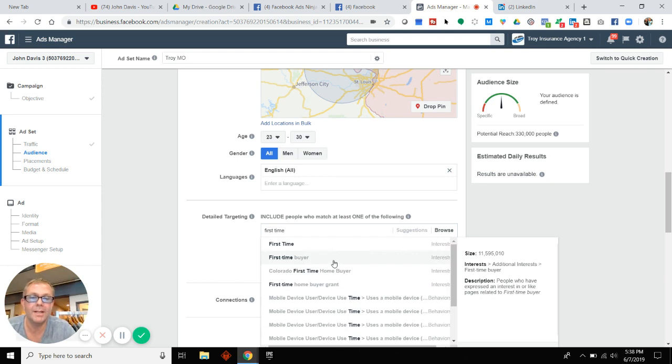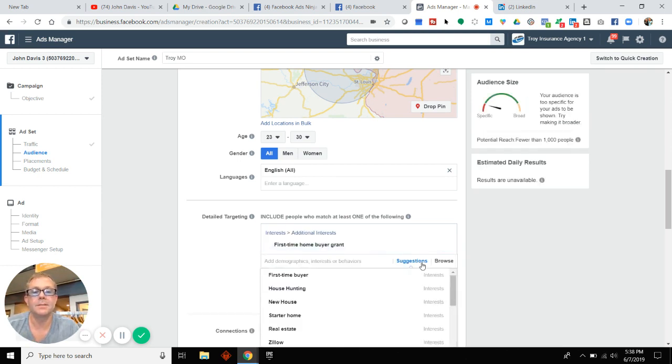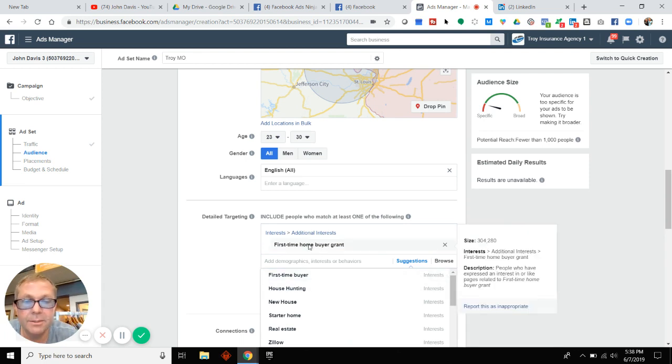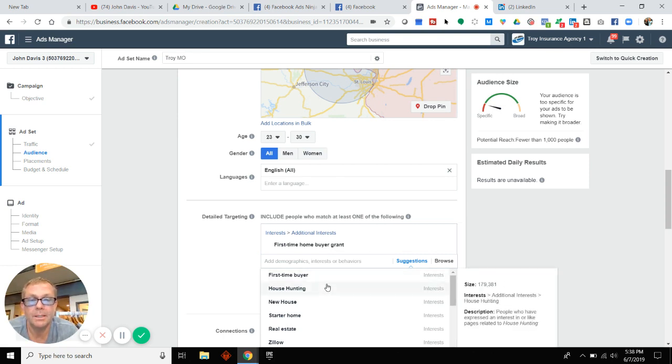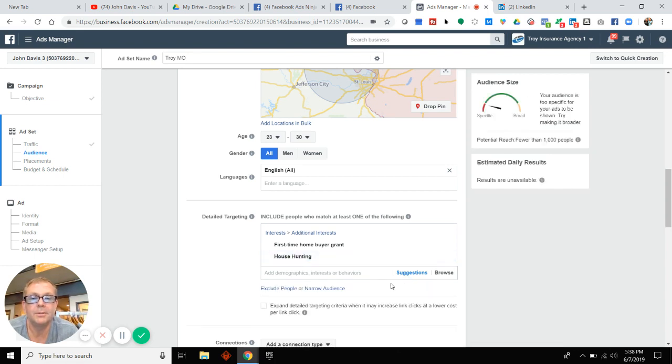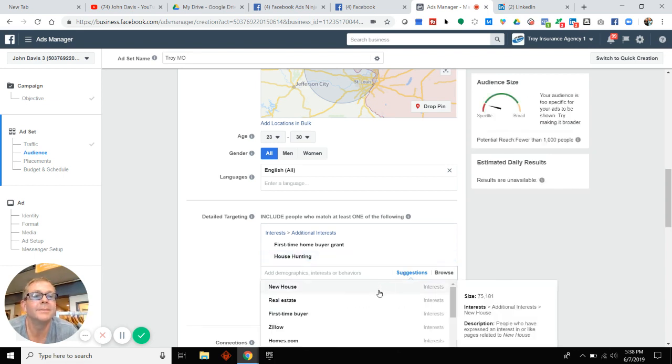First time home buyer grant? Maybe. Let's see what suggestions it has. Okay, here we go. So this is just what I do. First time home buyer grant came up. If I'm a first time home buyer, I might be searching people who express an interest in pages related to first time home buyer grants. So that's pretty cool. You could get people who are house hunting, people who have showed an interest in